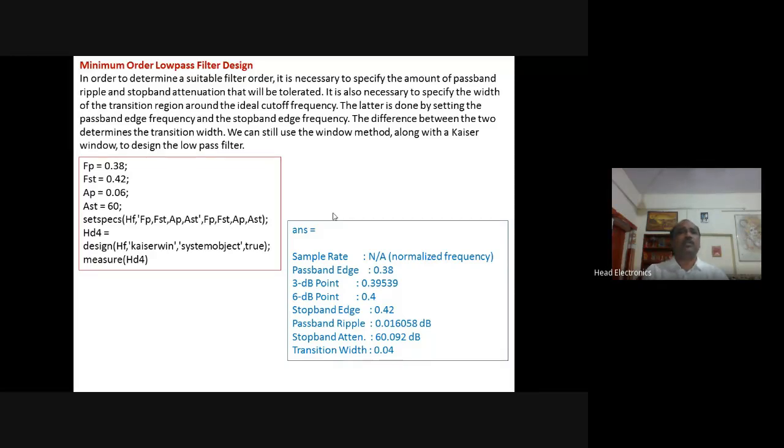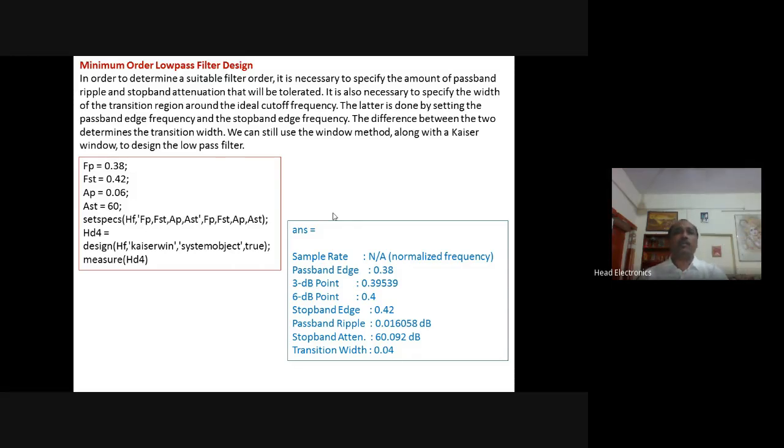So if we are interested in designing any filter having the minimum order, it is not advisable, because we have to maintain some permissible range of the ripples in the pass band as well as the attenuation in the stop band.